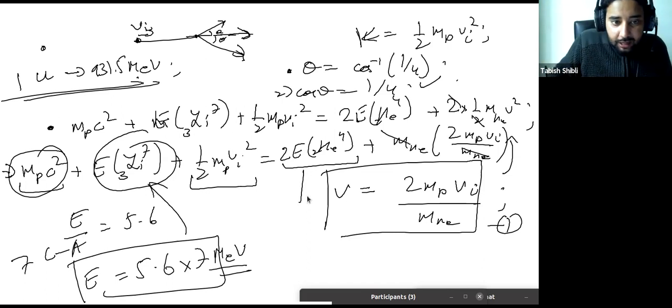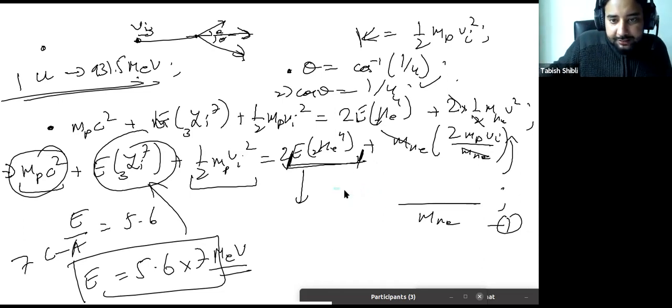So how many total nucleons are there? There's a 2 outside. Let's not consider the 2. Let's only think about what is inside. We'll multiply by the 2 later. What is left here?